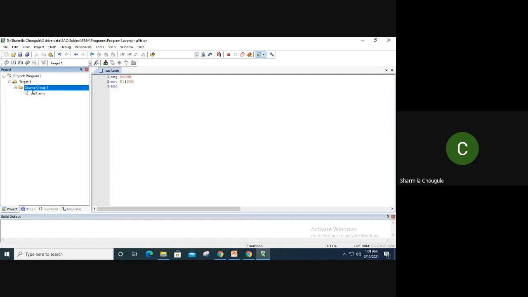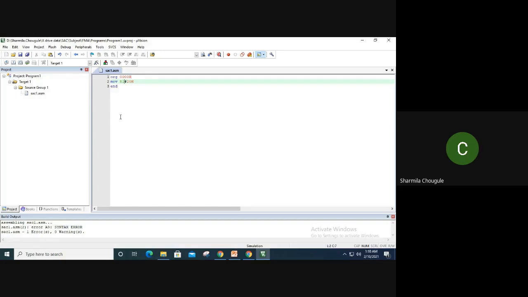Okay, got it? Then after that, what you have to do is first of all translate this project to the active file. Okay, so I'll click translate. Okay, so it is showing one error and zero warnings. Then what is the error? Still we have not gone through any of the syntaxes, so you'll not be able to find the error, but I have made a purposeful error so that you will understand. There should be a comma here. Okay, so your errors are one.